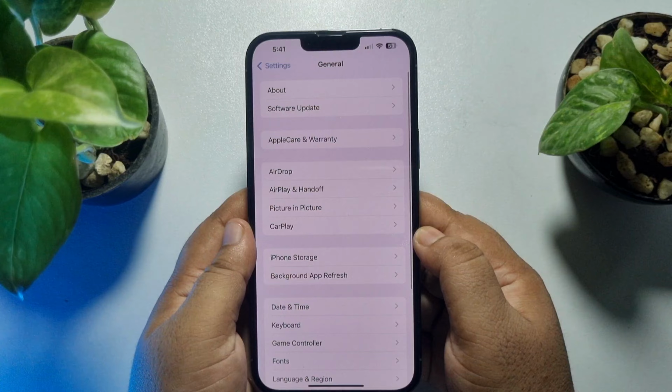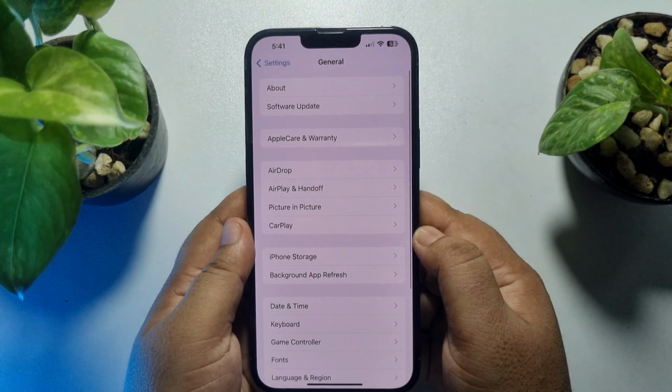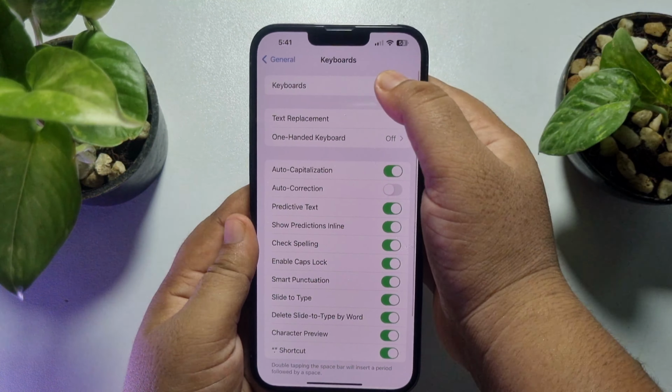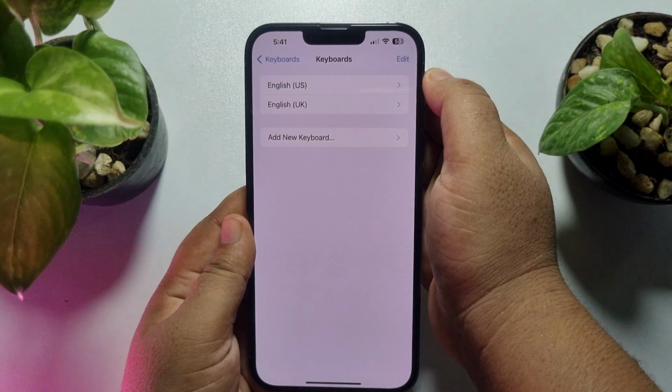First of all, we have to add emoji in our keyboard. So go to your iPhone settings and tap on General, tap on Keyboard, tap on Keyboards, tap on Add New Keyboard, and here scroll down and